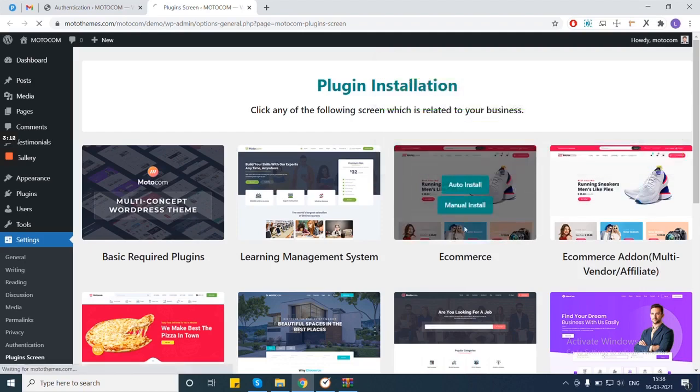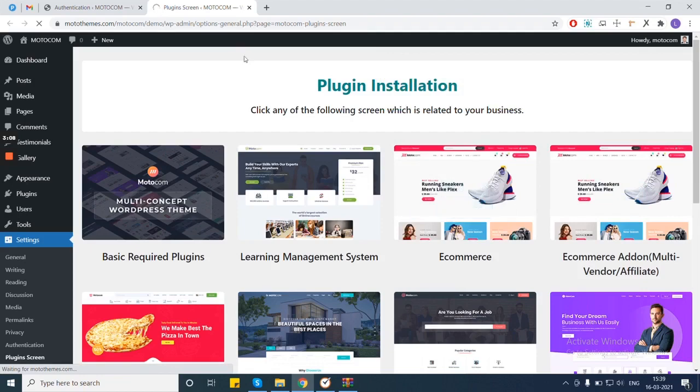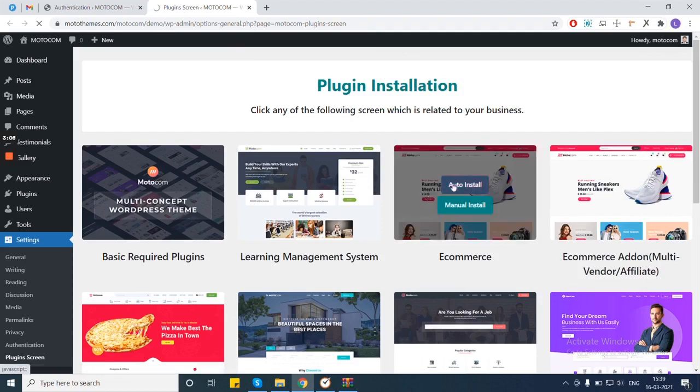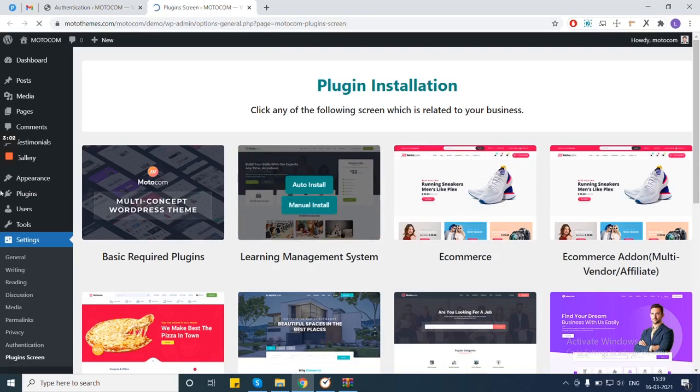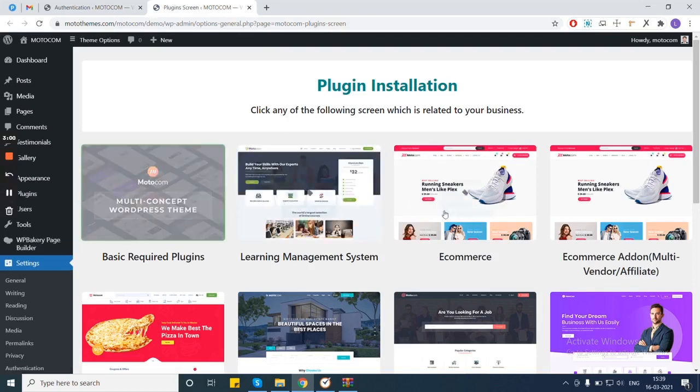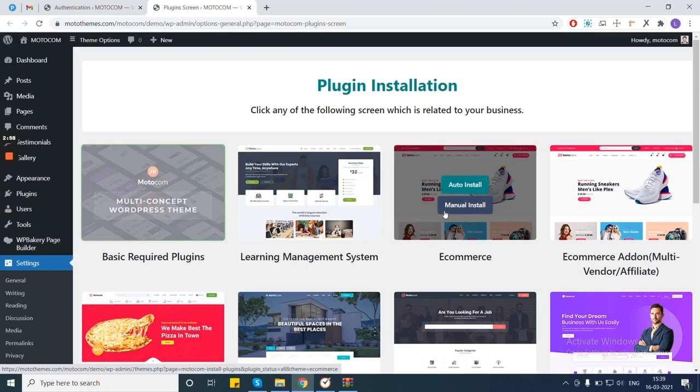After this, we need to go to the e-commerce plugin. Next, we need to install the e-commerce plugin.